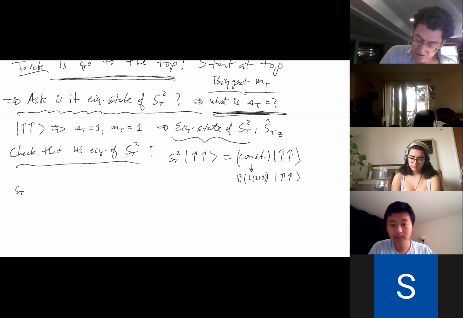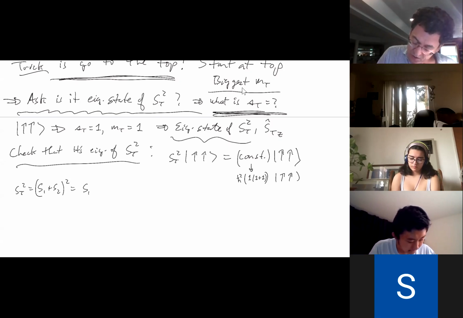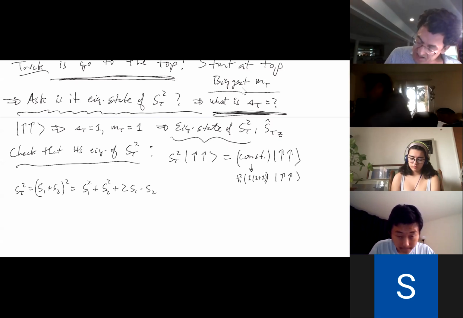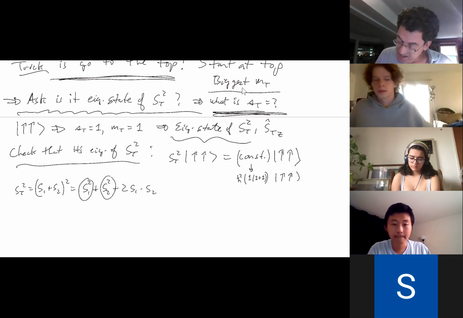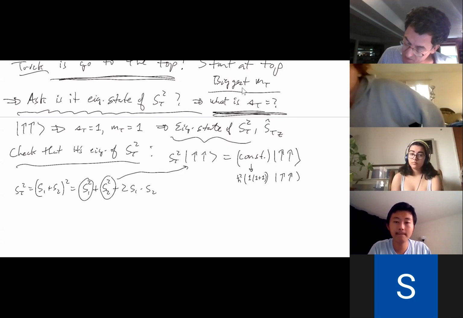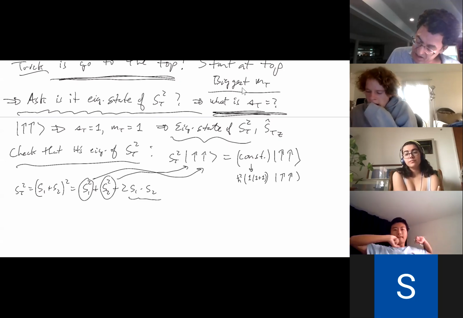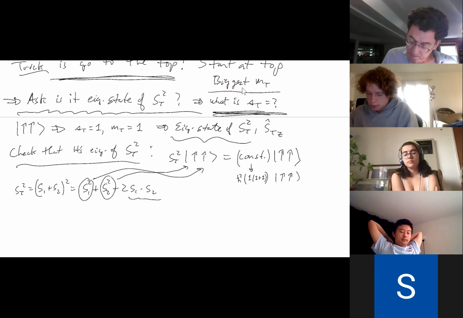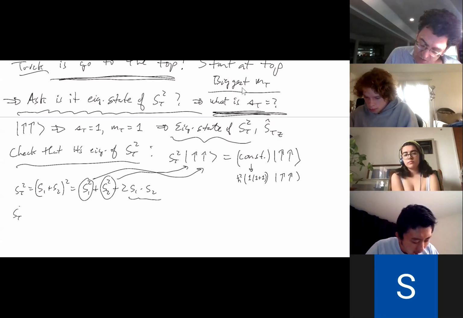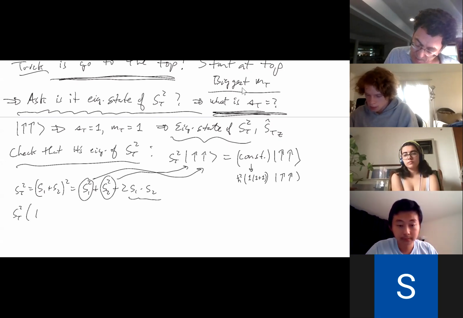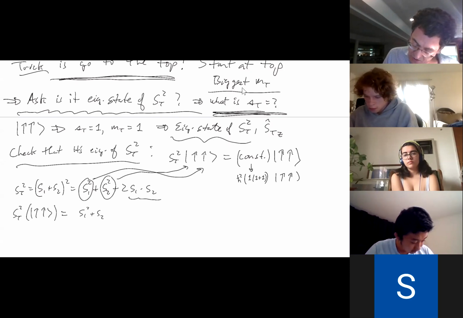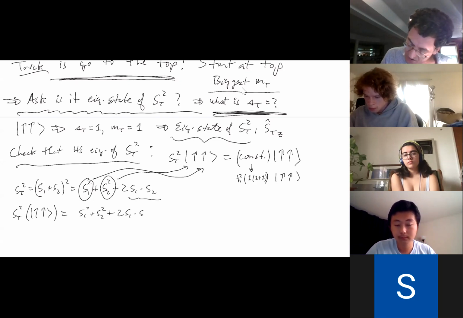But we can check that this really works because we can do this. We can say S total squared is S1 plus S2 squared, which is S1 squared plus S2 squared plus 2 S1 dot S2. Now, these guys are easy. When these guys hit up, it's going to be easy. But when this guy hits it, it's going to be hard. So that's going to be a pain. But let's just do it. If I hit S total squared times up, then that's going to be S1 squared plus S2 squared plus 2 S1 dot S2